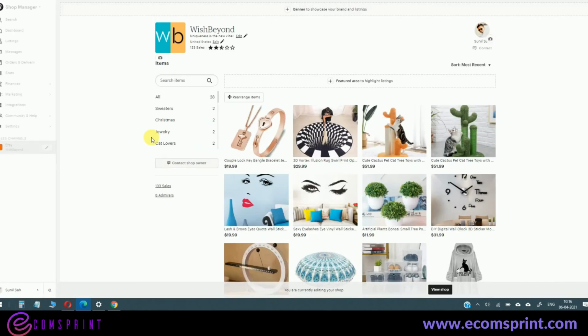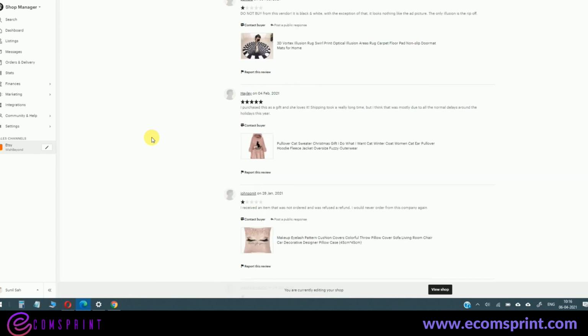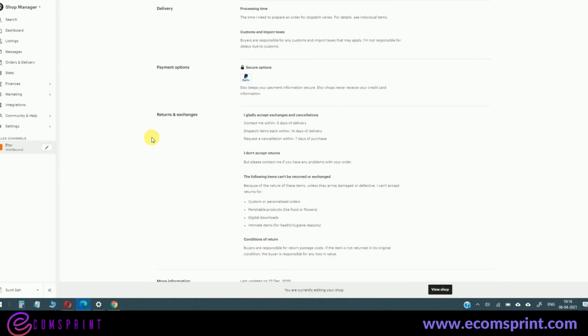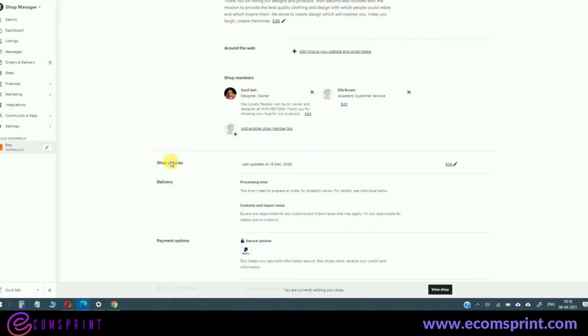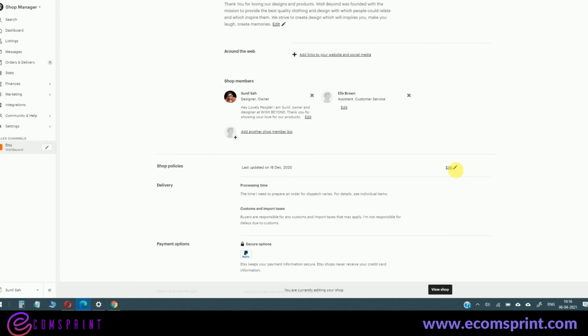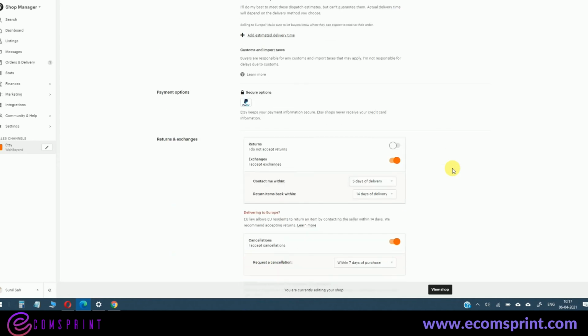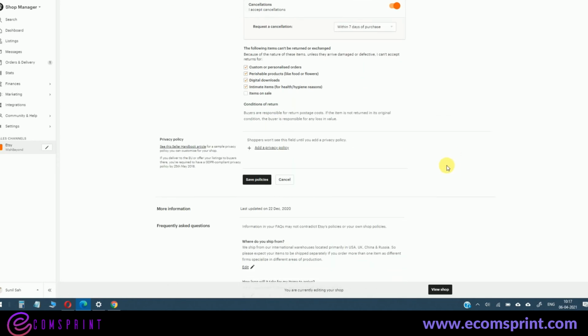Scroll down to the bottom. Here you will see an option for shop policies. Just click on that. Click on the edit button. Scroll down. Here you can find the privacy policy.